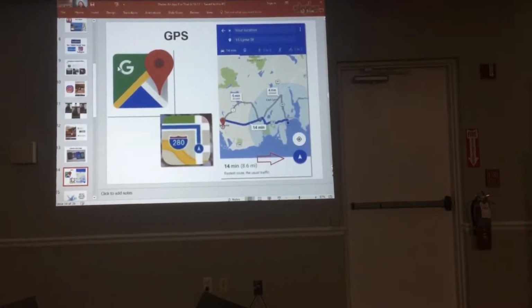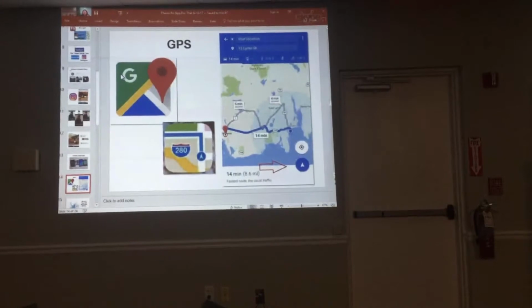That's the app if you have an Android, because that's Google's version of GPS. The one you're seeing below that is the icon if you have an Apple product. As far as I'm concerned, I'm Switzerland. I like using Google Maps, and I like using the iPhone maps. There are slight differences, but they both work very well.